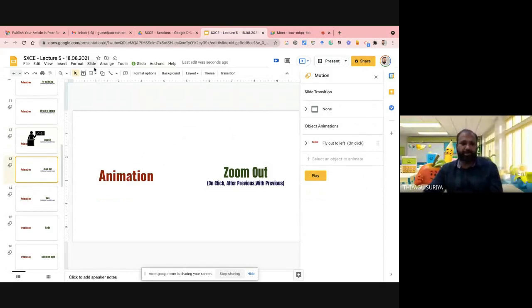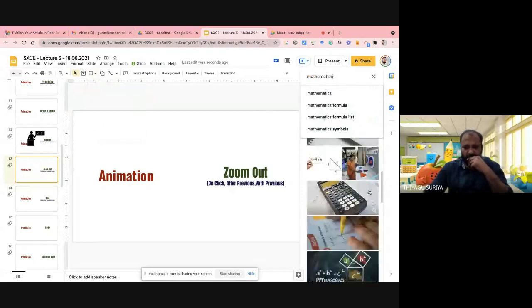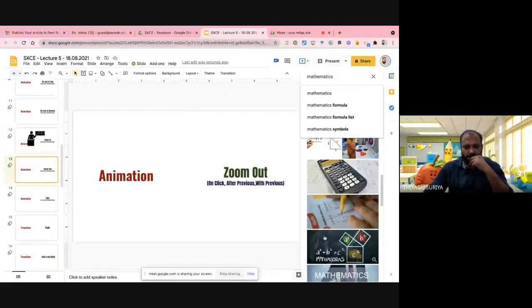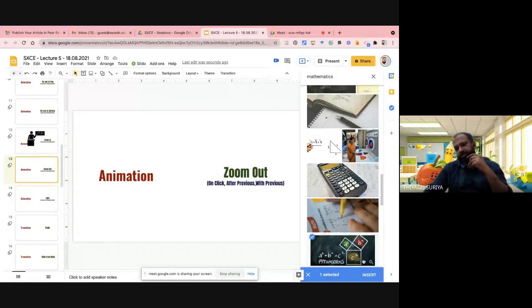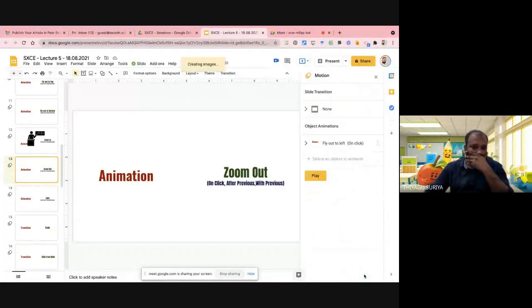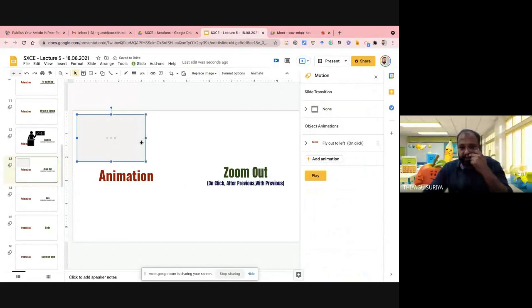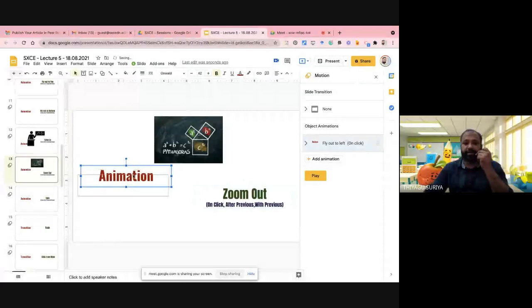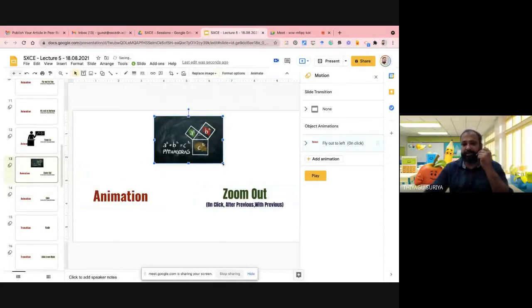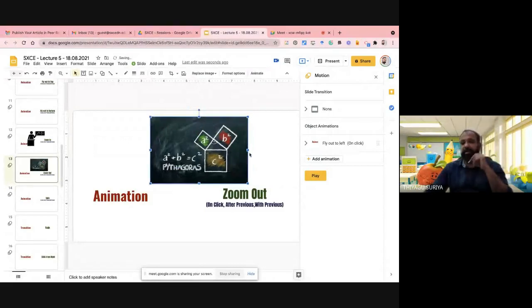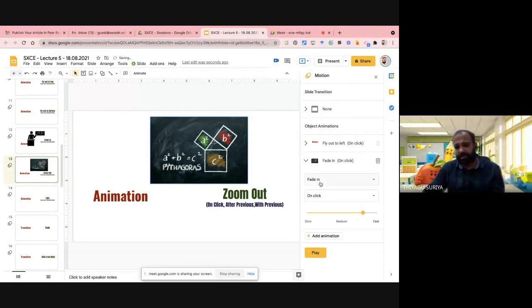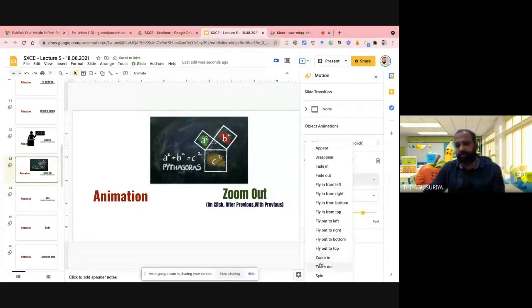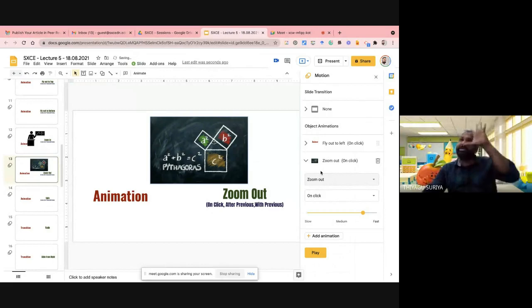So I like to add some images here. Now I'm going to insert it. After inserting, the image comes here and stays here. If you like to keep it down, you can keep it. So we have a lot of flexibility to keep it wherever you want. Now I like to add the animation. Select this image, go to the animations. I'm going to give zoom out. Zoom out means big to small.